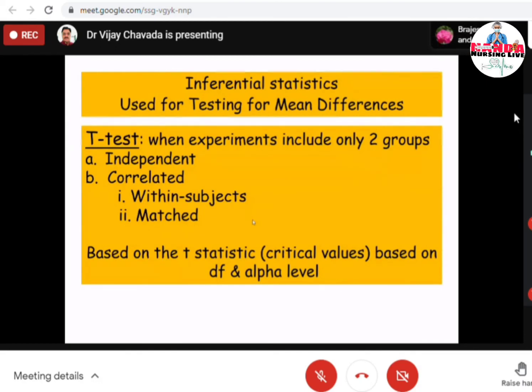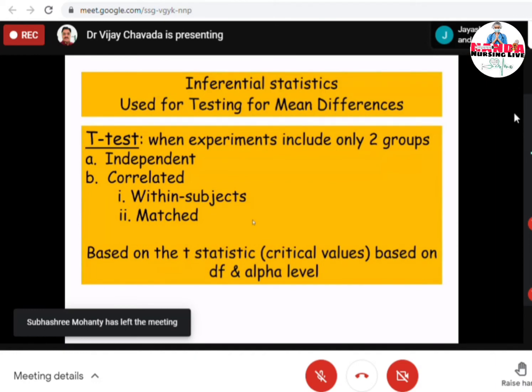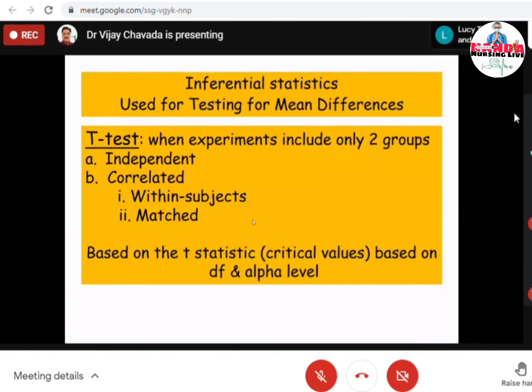Now, test of significance. Say, for example, you can say that there is a difference between a male and a female. If you have been given a horse and a dog, and somebody asks whether there is a difference between a dog and a horse, it is very obvious because of their structure, their appearance, and many other things. You can very well observe the difference with your eyes.